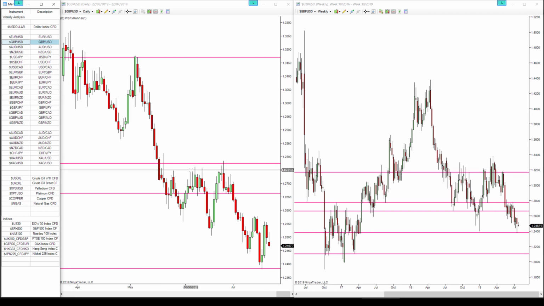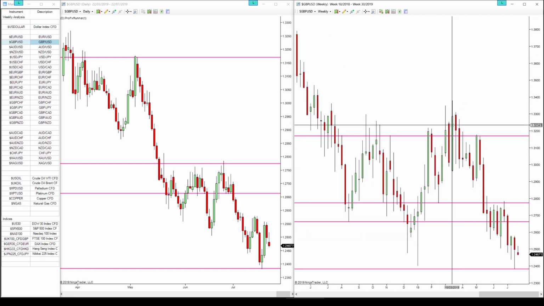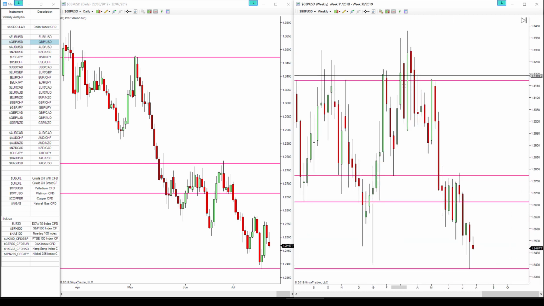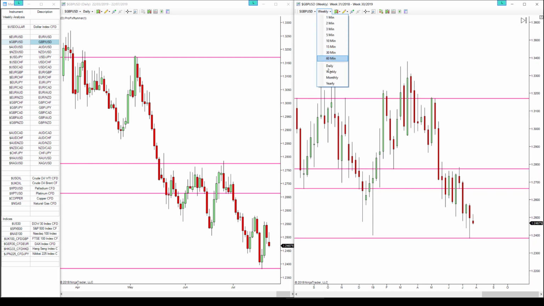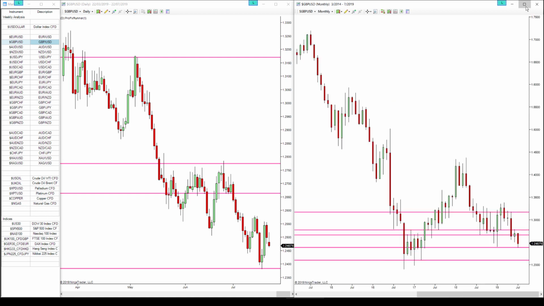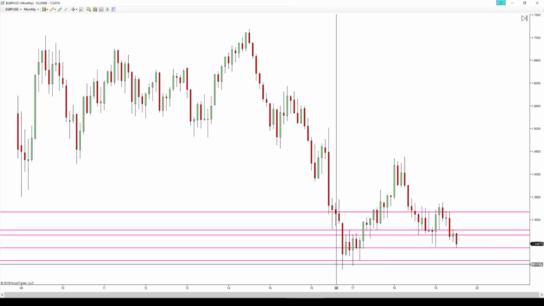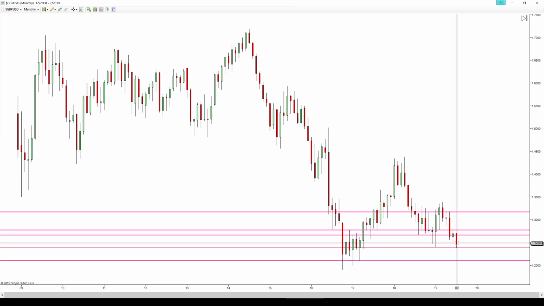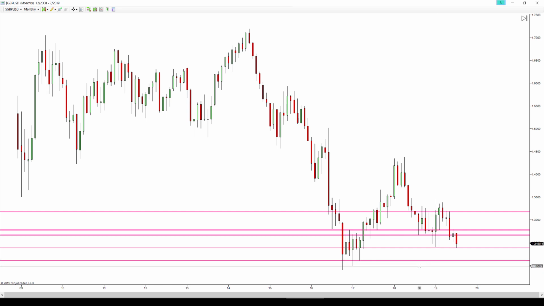If we look at it overall, generally speaking, the pound has been weakening quite a bit, certainly since the beginning of the year, and has been heading lower. It has been coming down towards these key levels. If I switch us over to a monthly time frame and expand the chart so we can get a sense of it, you can see that we've headed down as low as 1.2 in the past. Certainly there is a very strong possibility, if we look at the current bearish monthly candle, that we could find ourselves breaking through this level of support closer to the 1.23 mark and heading lower towards 1.21 and 1.2. It certainly is a possibility.